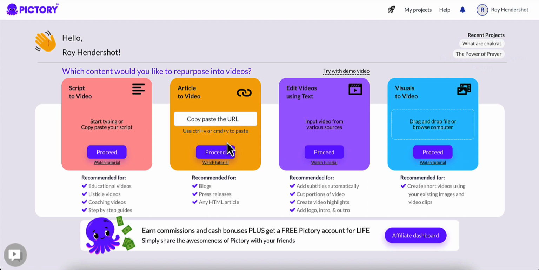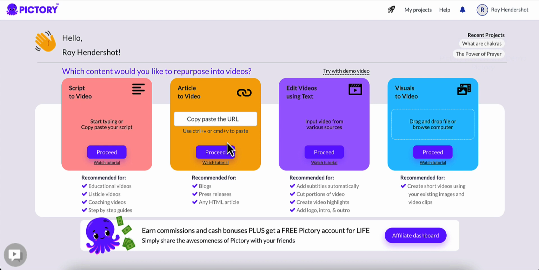Text editing videos using text. So you can add subtitles automatically to your videos. You put in a video that you've already done, and it will read the video and extract the subtitles. Very, very cool.